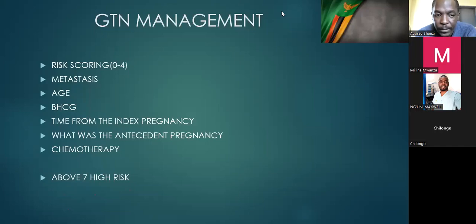Okay, thank you. Yeah, maybe I can also add that there's a role for hysterectomy in these patients with gestational trophoblastic neoplasia. So if you have a patient with tumor that is localized to the uterus, and they are high parity, hysterectomy helps. You can actually cure them by doing a hysterectomy. I think that has to be added there. So there's a role for hysterectomy in the treatment of gestational trophoblastic neoplasia. Yeah, it's interesting that